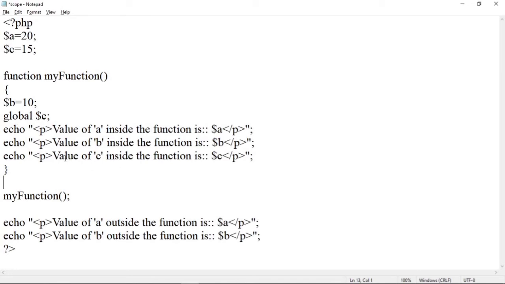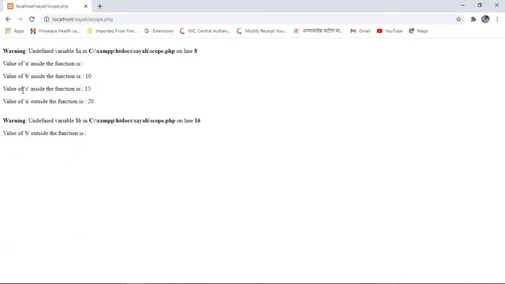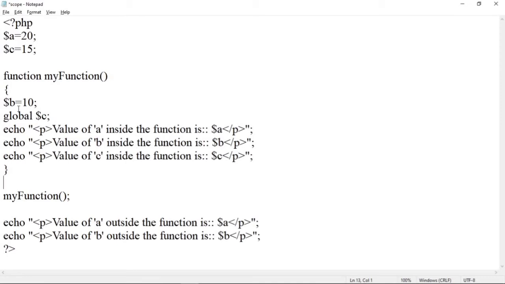So when I try to print the value of c, that is value c inside the function is $c, and $c contains a value that is 15, and it is a global for this function, and that's why this value will get printed here. Value of c inside the function is 15. If we will mention here global $a, then here value of a will also get printed. Now we have checked the values inside the function.